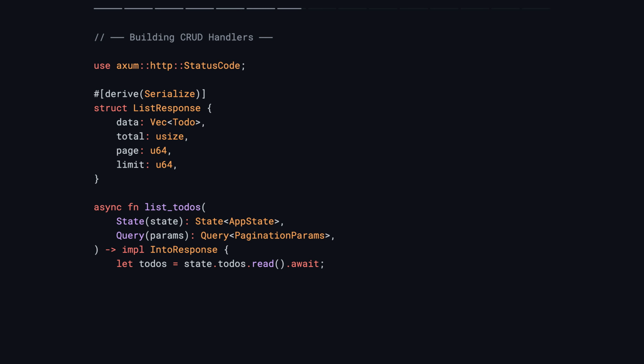POST /todos. Key patterns: validate the input before processing, return status code BAD_REQUEST 400 for invalid input, return status code CREATED 201 on success, and trim whitespace from user input. Get a single to-do, GET